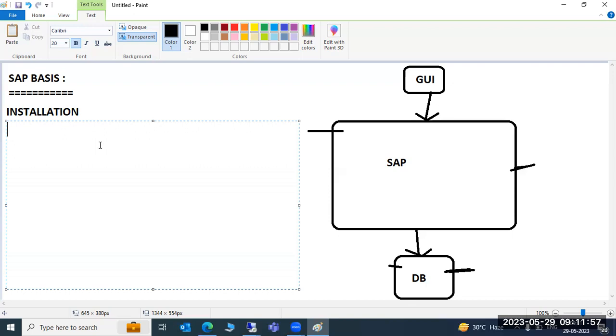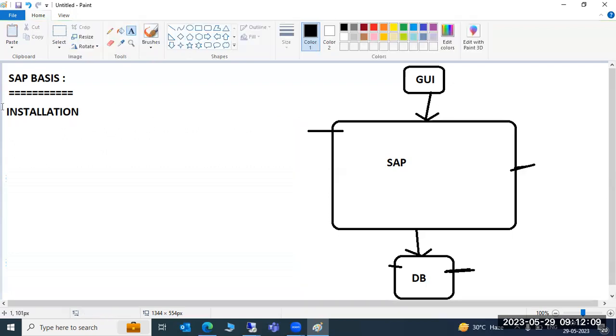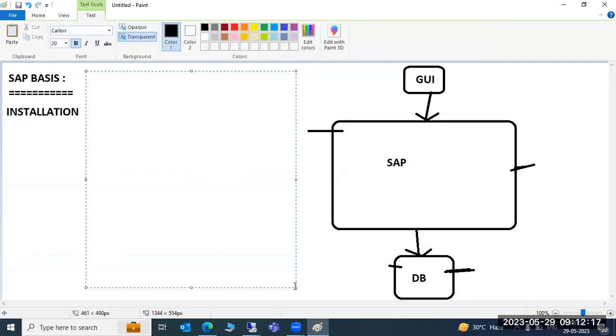As part of this versions concept, first of all we will discuss the ECC versions, because every organization uses ECC systems. ECC comes under SAP, and SAP comes under ERP. ERP is a software package, an enterprise resource planning package. Under ERP we have SAP, and under SAP we have modules like SAP ECC, SAP BW, SAP NetWeaver. A few things we should be aware of: what is SAP, and what is ERP?